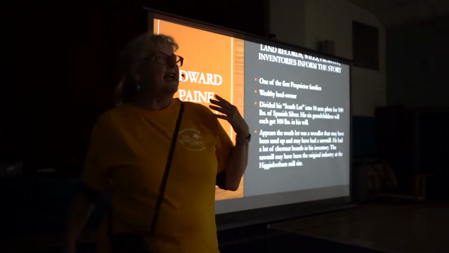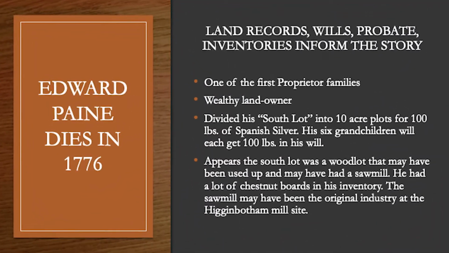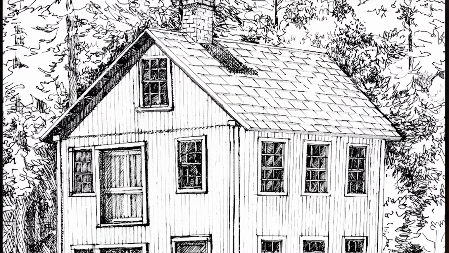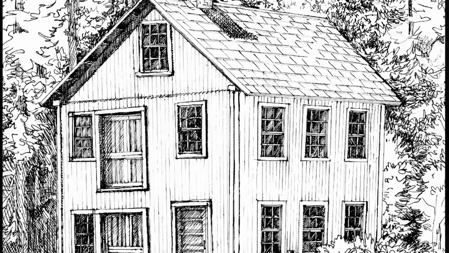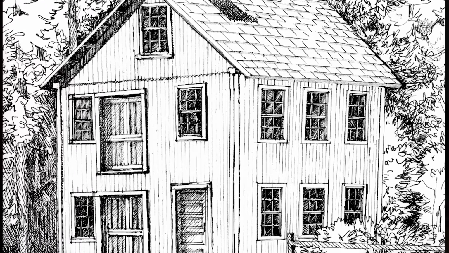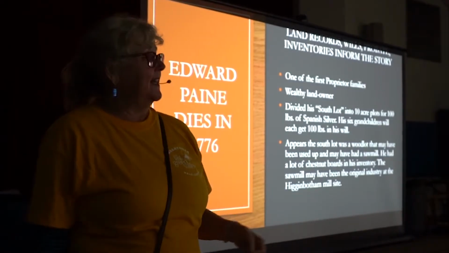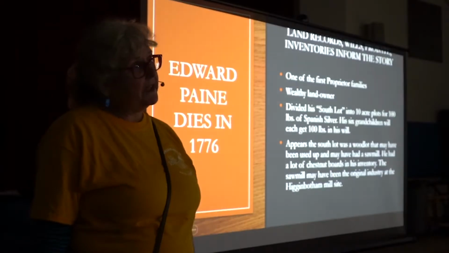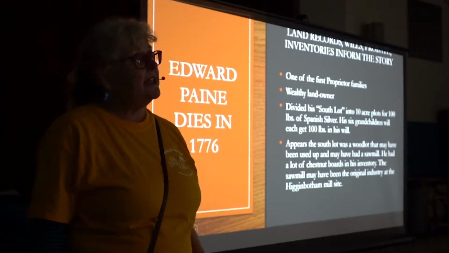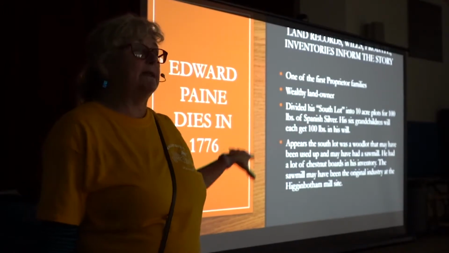I'm going to start with Edward Payne. Edward Payne is one of the early proprietors. He is a large landowner. He has a couple of little mills, a little grist mill, I believe a sawmill. I believe that on the Higginbotham first 10 acres, Edward Payne had a sawmill there prior to Obadiah setting up his spinning wheel shop. There's evidence of an earlier mill at the head of Obadiah's mill pond and a laying out place for boards.